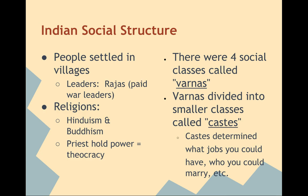India will establish 4 social classes called the Varnas. And Varnas are divided into smaller classes, which consist of the caste. And the caste system will be established in India. Caste during ancient times determined what jobs you could have, who you could marry, who you could associate with. So it is pretty much a hierarchy or a system of order for society of higher, middle, lower class individuals,